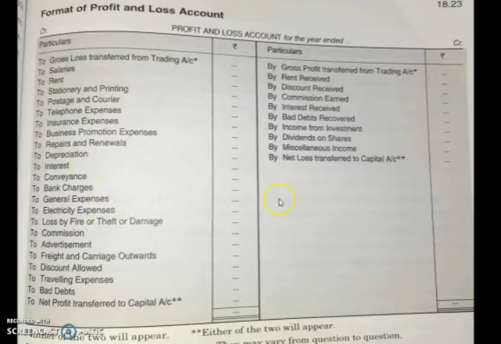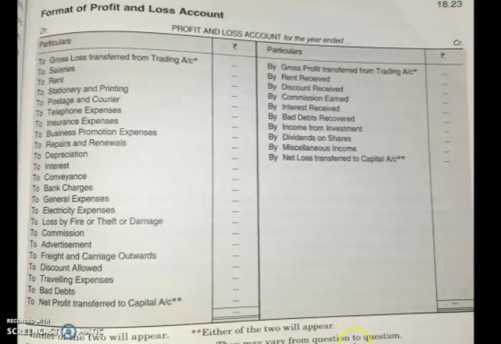Okay, students, now when you close this account at the last, you know that we have to close the account. If your credit side, that is your income side, is more than your expenses side, then it is net profit. This net profit you have to transfer to your next account. Which is your next account? Balance sheet. So you know that in final account we prepare 3 items: trading account, profit and loss account, and balance sheet. So from trading account you got gross profit or gross loss, and that you transferred to profit and loss account.